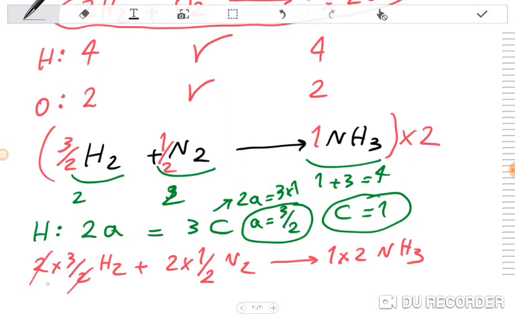The 2 and 2 cancel, the 2 and 2 cancel, and here we have 2. After that we have, I write it here,